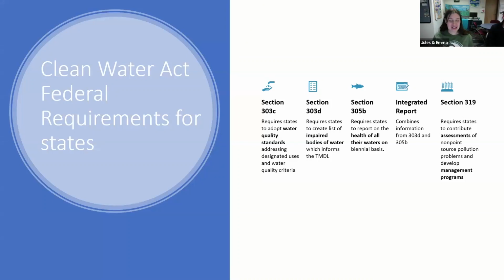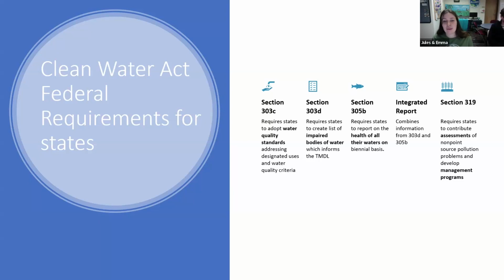So from there, the Clean Water Act has federal and state requirements. The sections that I have on this slide delve into the main components of it that correlate with what our volunteers are working with. So Section 303(c) requires states to adopt water quality standards by creating criteria for the state that goes along with designated uses. And then from there, that connects to Section 303(d), where based on water quality standards, we'll see if waters are threatened or impaired, if they're not supporting their uses. So impaired waters would go on the 303(d) list.